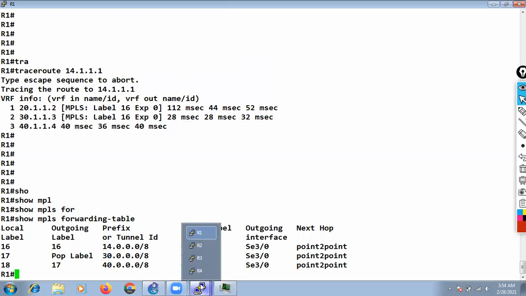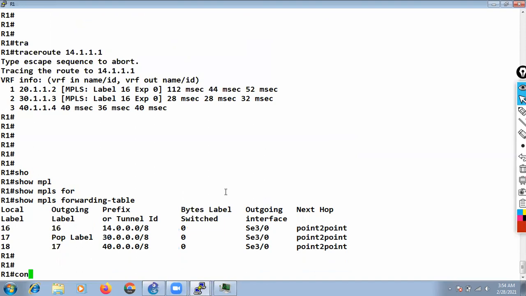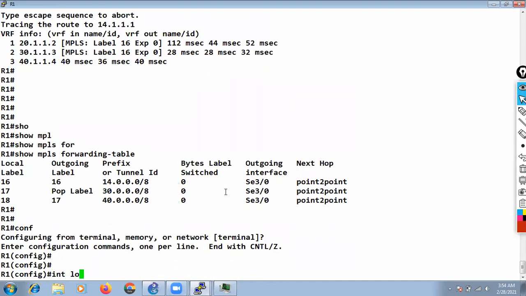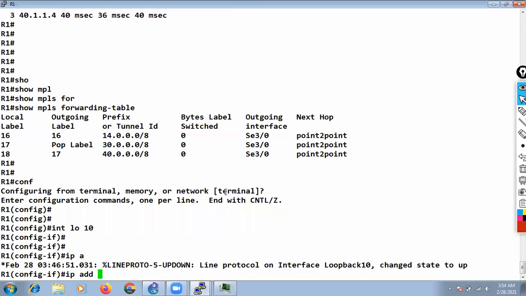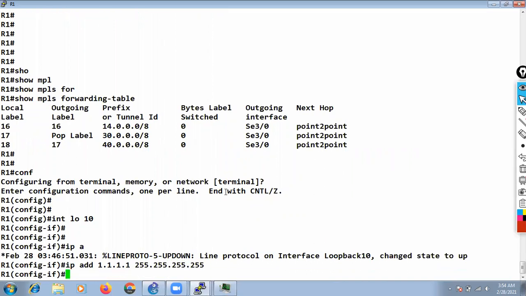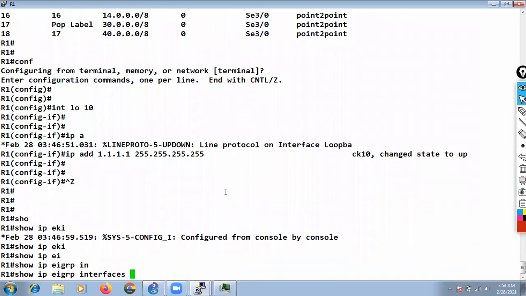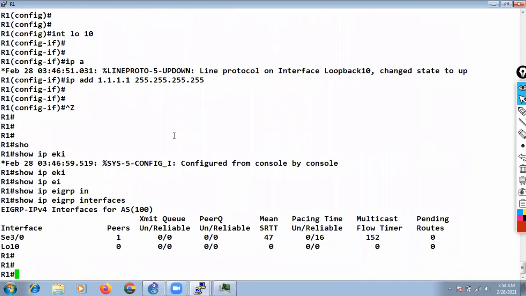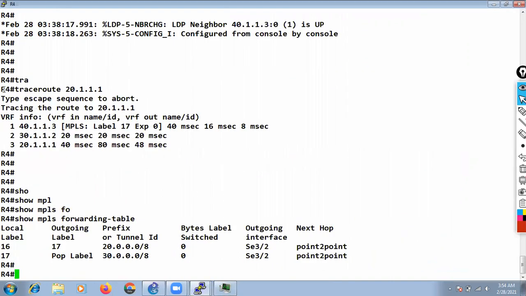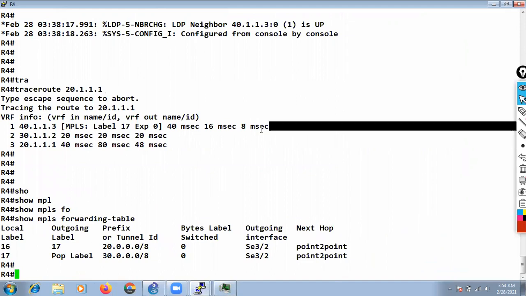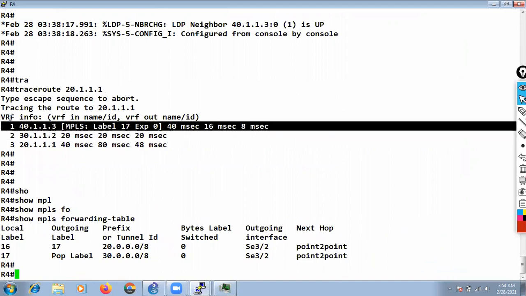Let's say I'm at R1 and I create one loopback, let's say 10, with IP address 1.1.1.1/32. Show ip eigrp interfaces. Earlier, when we were doing the trace route from R4, we were able to see only one MPLS information in the trace route.